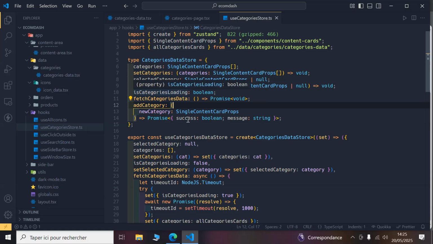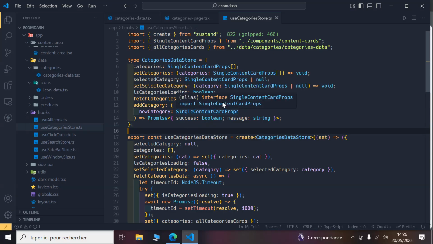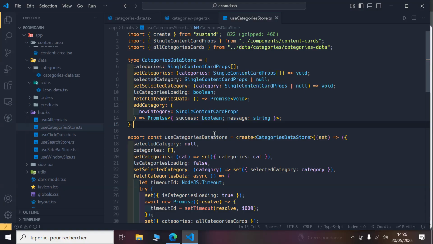We're having the is category loading. The fetch categories data, which is of type promise, a promise of type void. And finally we're having the add category. So this is its signature. It has a parameter of type single content card props, and the promise is going to return an object of two elements,